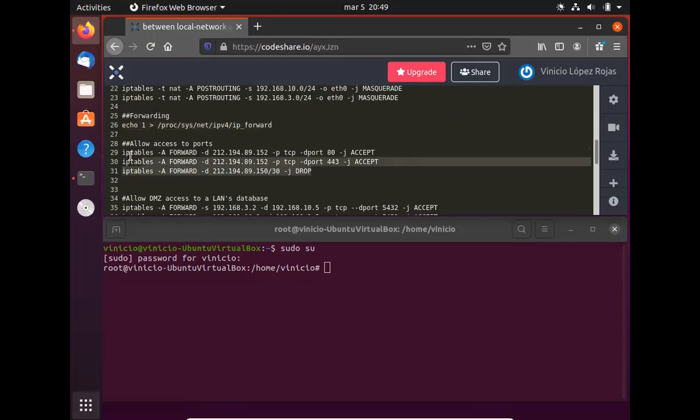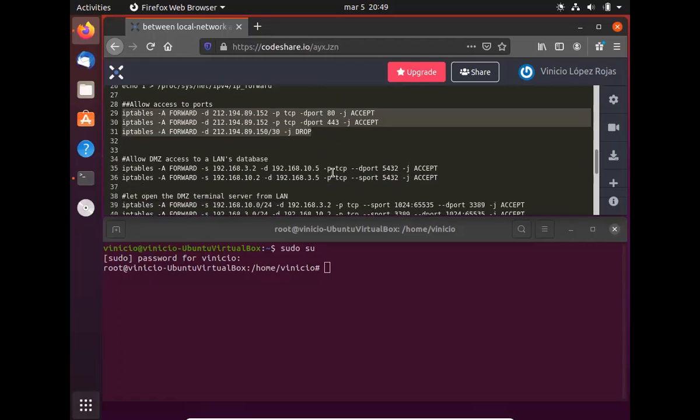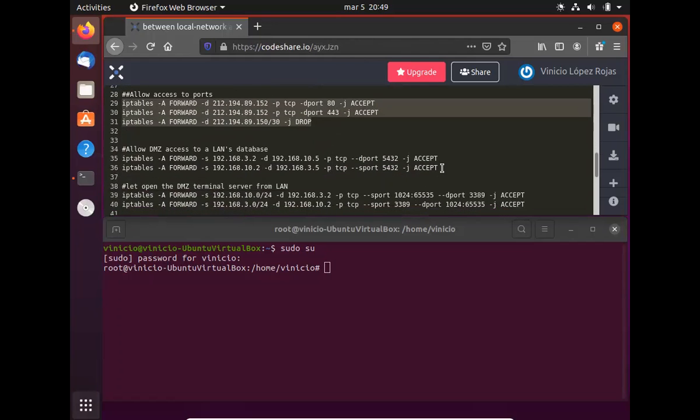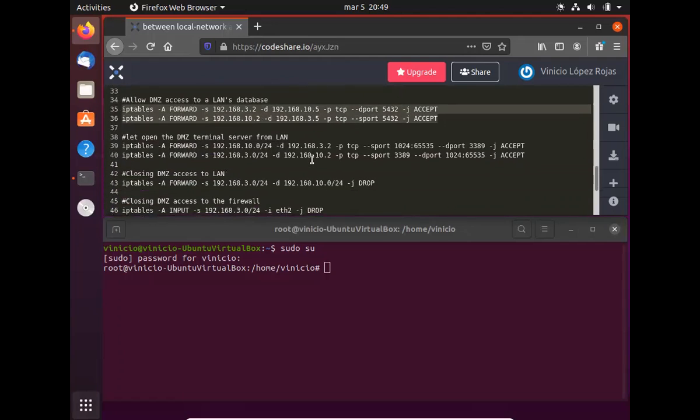Then we allow the access from the outside to the ports 80 and 443 of the DMZ. We allow the passage from the DMZ to the database on the LAN with these rules. And then we allow the opening of the terminal server of the DMZ from the LAN, doing it one way